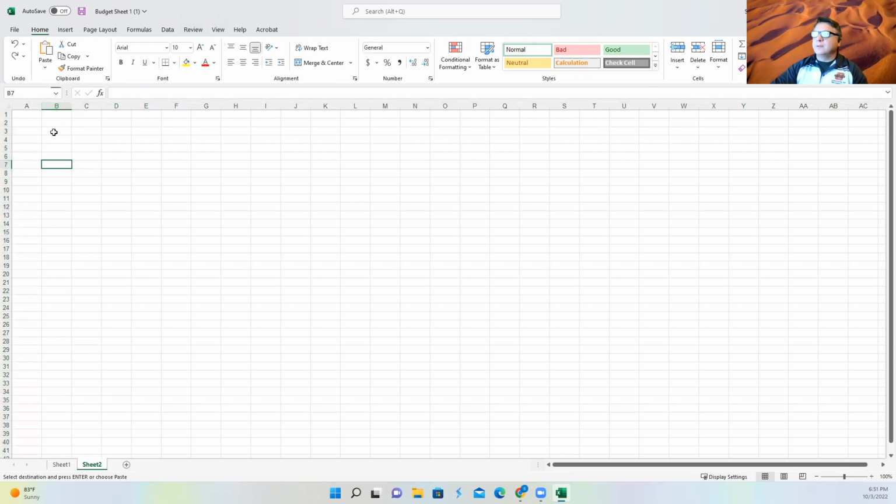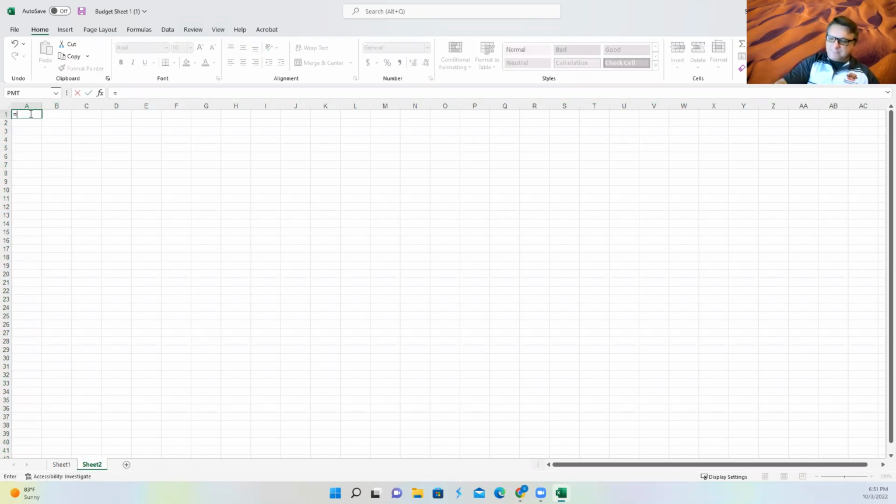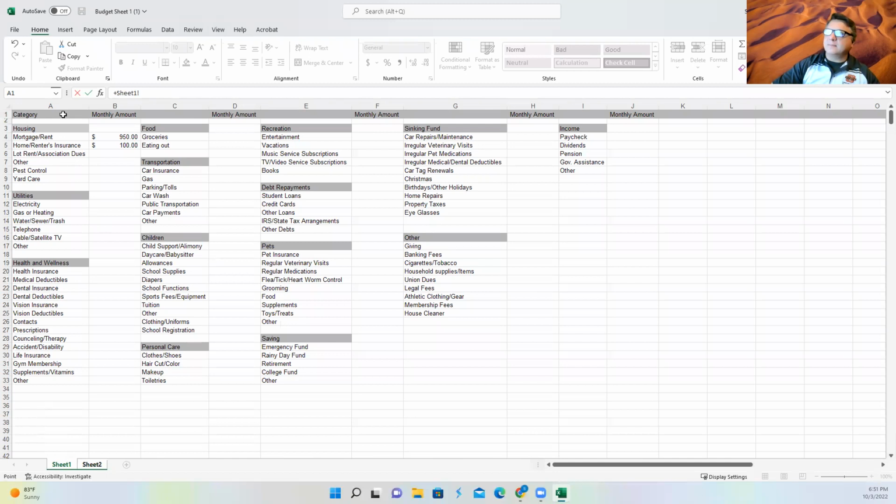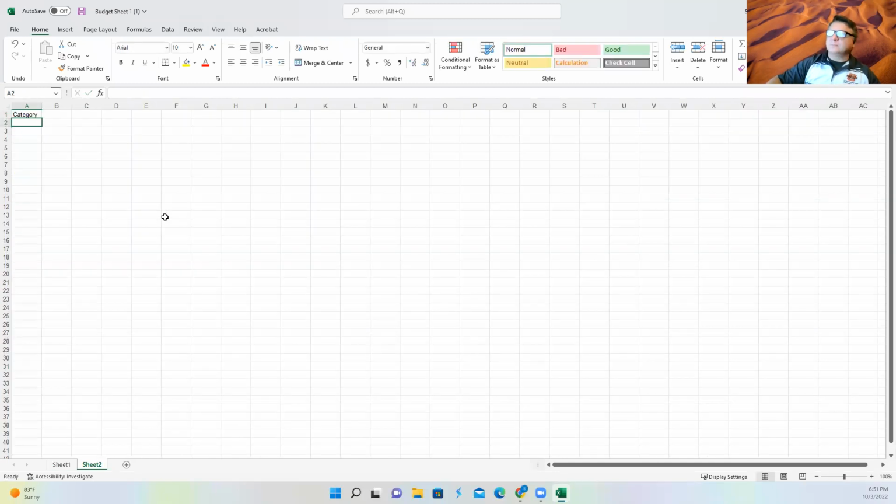Also, you can reference information in another sheet as well. So once again, they say hit equals. I always hit plus just because I'm a 10 key guy. And then once I hit plus, I go to the next sheet and I say, okay, I want that cell to look just like this one. Okay, it's not going to bring over your formatting, your colors, or anything like that. And then, since this is technically a formula,